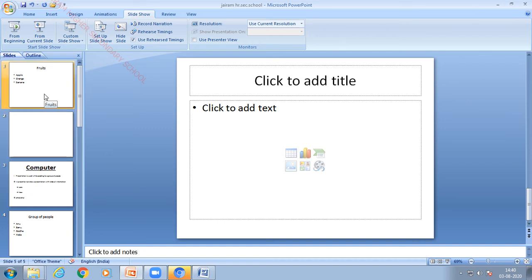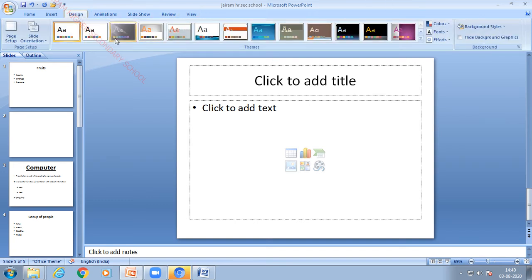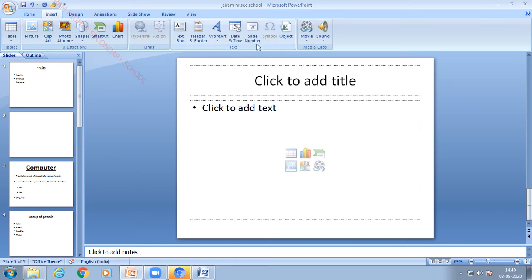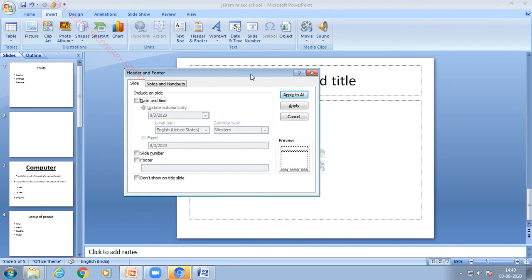Okay, so next we will see how to apply a page number for each slide. To apply a page number, you have to choose Insert, then Slide Number. After selecting Insert Slide Number, the Header and Footer dialog box will appear on the screen. Here we have the options Slide Number and Footer. Footer means the bottom area of the slide.